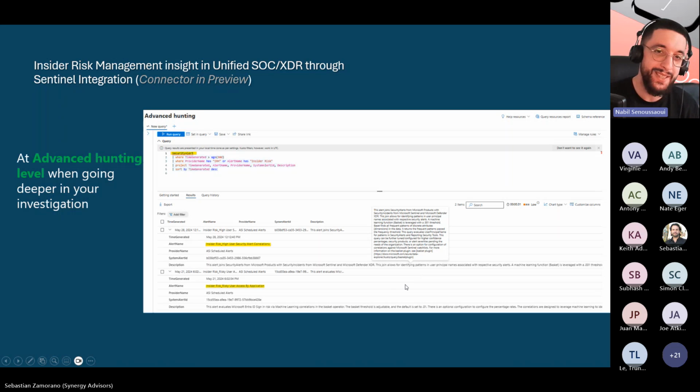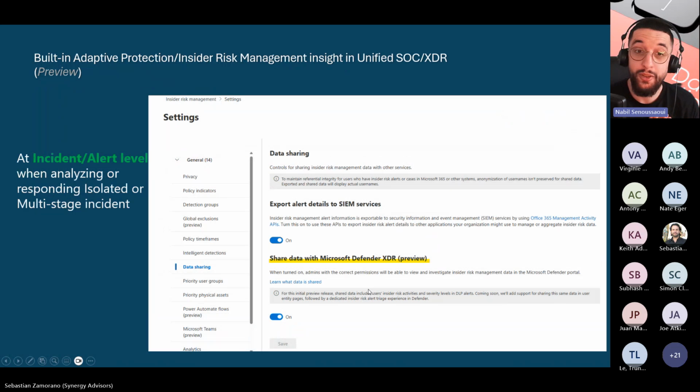But if you go to the next slide, Sebastian, we have a native integration with Microsoft XDR, directly through the insider risk management portal and tooling, to forward these logs directly into your Defender XDR portal. It means you will have an optimization in how you can collect data directly in XDR with full correlation to identify if something happened. It means, if you continue, Sebastian,